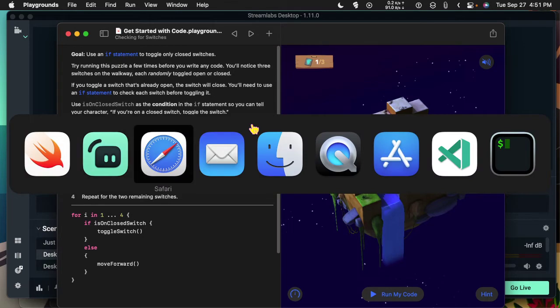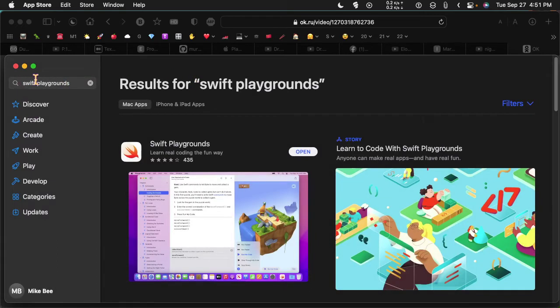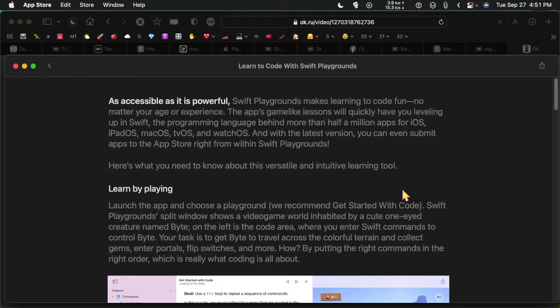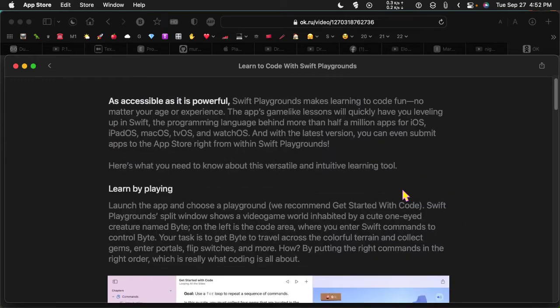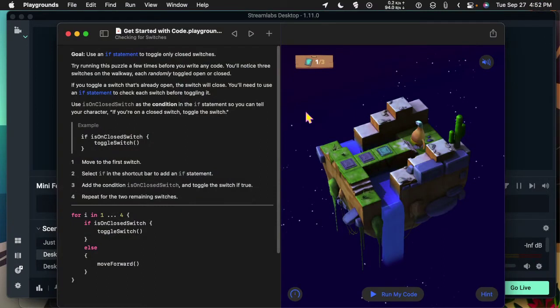And if I run over here to the App Store and do a search for Swift Playgrounds, here it is. So you install this, and then once it's installed, you can open it. This story over here, you can click on this, and it will load up, and you can read it, and it's very helpful, and I recommend that. So do read this. When you're done reading this, go over to the playground,